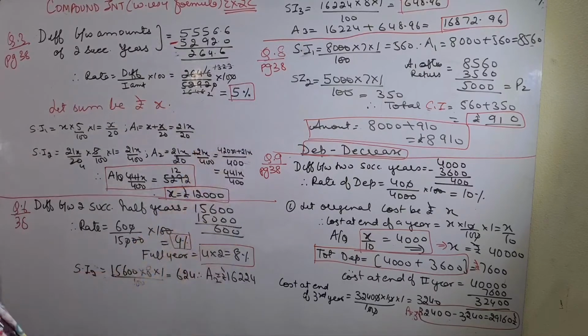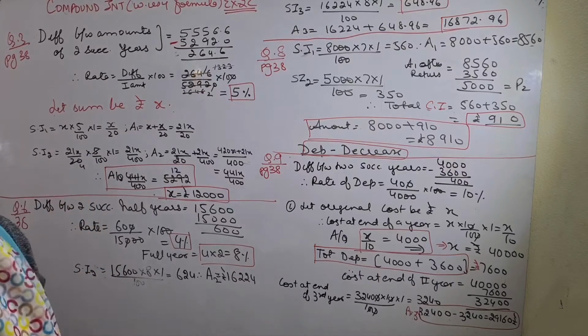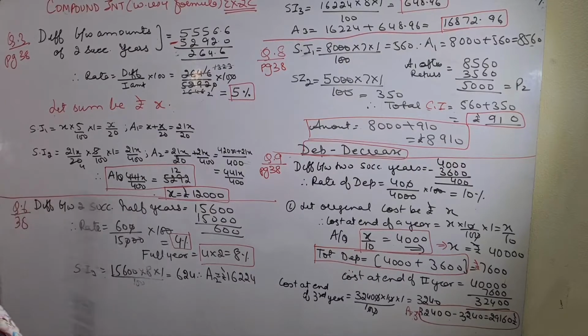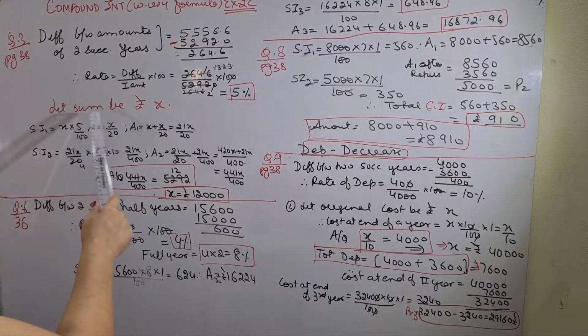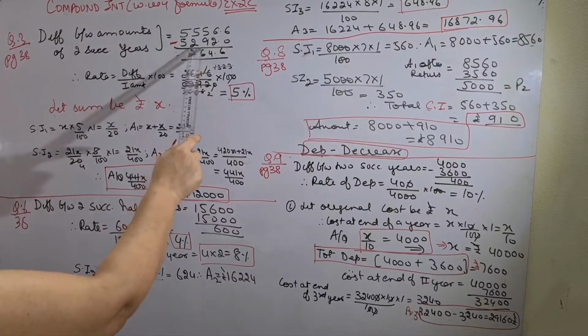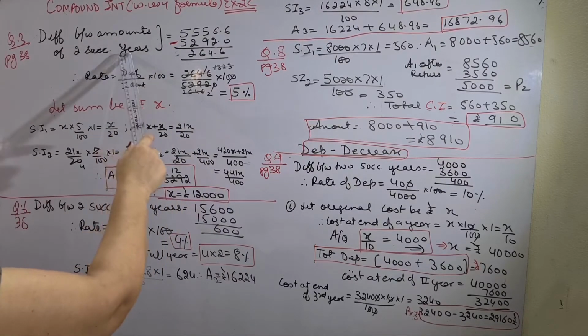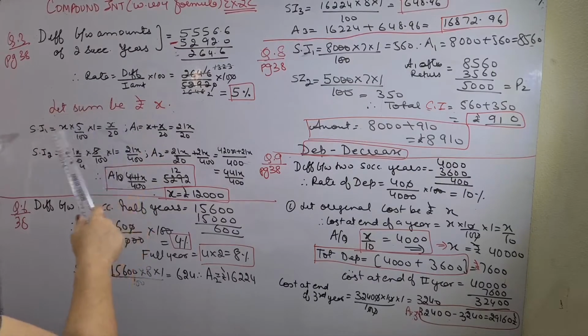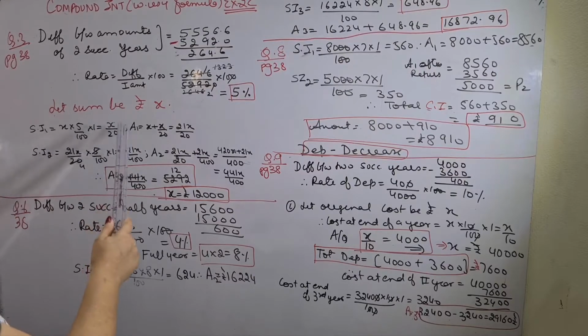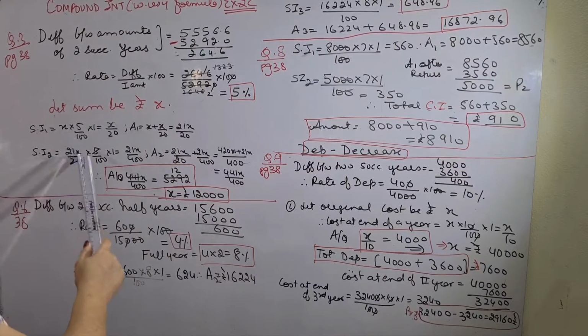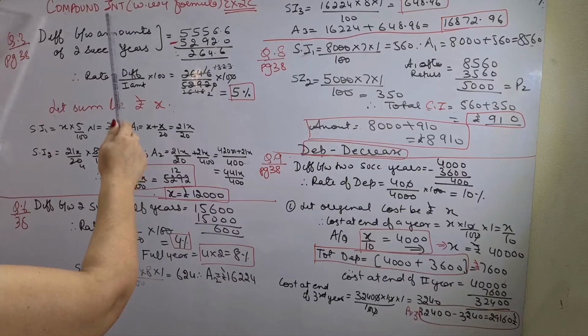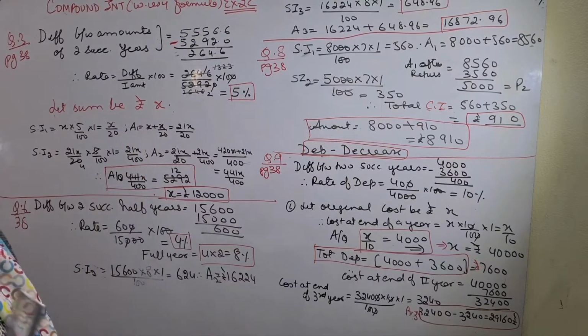Please do all this calculation in the rough column and be very careful about it. Then there was a sum, find the original sum. Now I have to find the original sum without using the formula. So let the sum be rupees X. Since 5292 was the amount for the second year, or for the 2 years, you will find the simple interest SI1, or you can say compound interest for first year, then amount, compound interest for second year, then amount, because the amount in the question has been given for 2 years and 3 years.